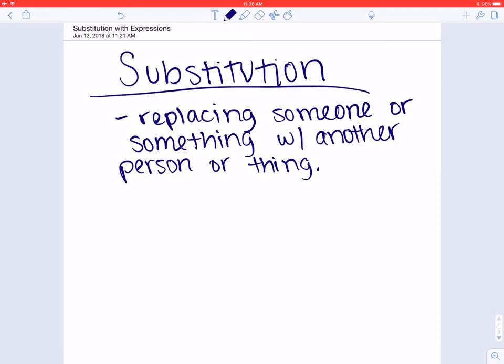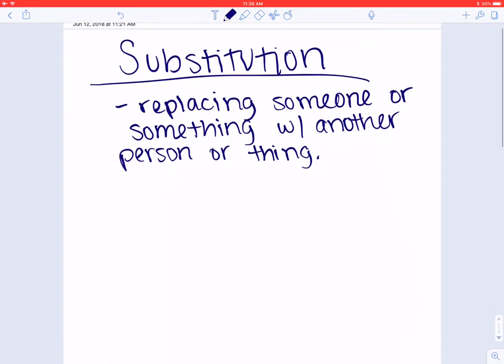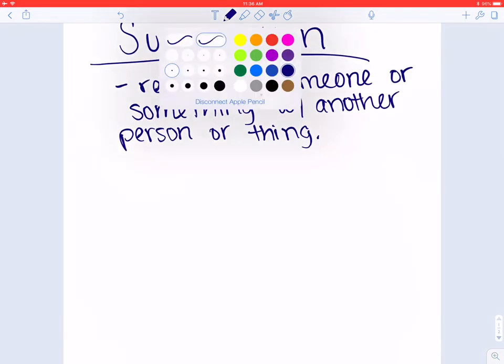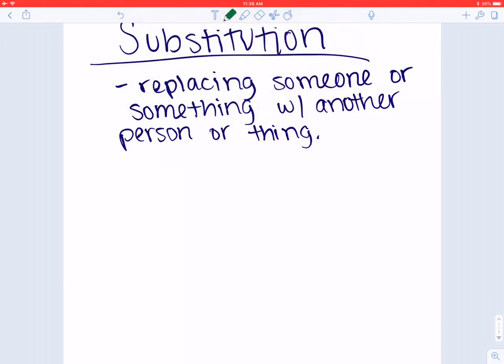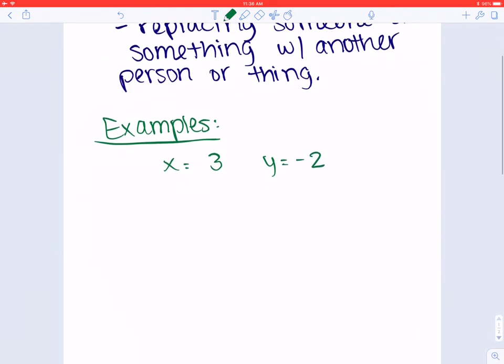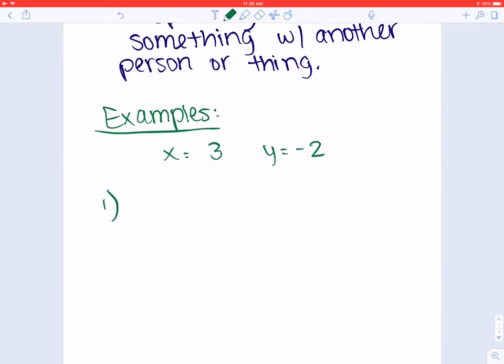When we use substitution in expressions, we are replacing a variable with a number. So let's look at some examples. If I tell you that x equals 3 and y equals -2, let's try